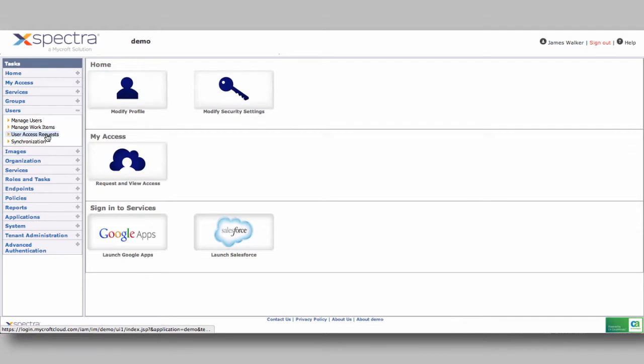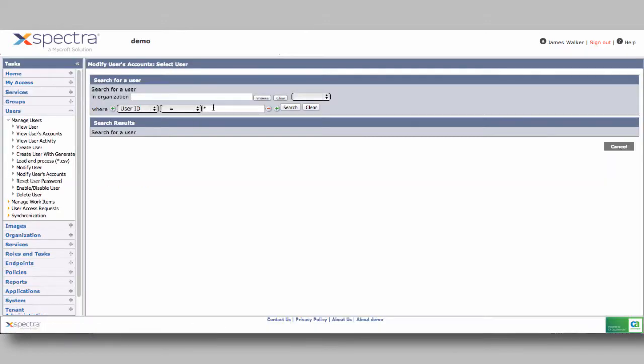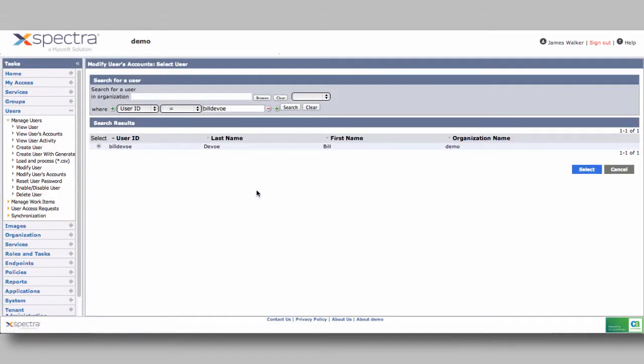In the previous session, we went to the User Access Requests tab to add a user access to Active Directory. In this session, we'll be managing a user. So we'll select Manage Users, and we'll go down to Modify User Accounts. Again, we'll search for the user using the user's username. Now this is also able to be searched by the user's last name or first name. So by performing a search, XSpectra will retrieve the user based on the user ID we've searched for, and click